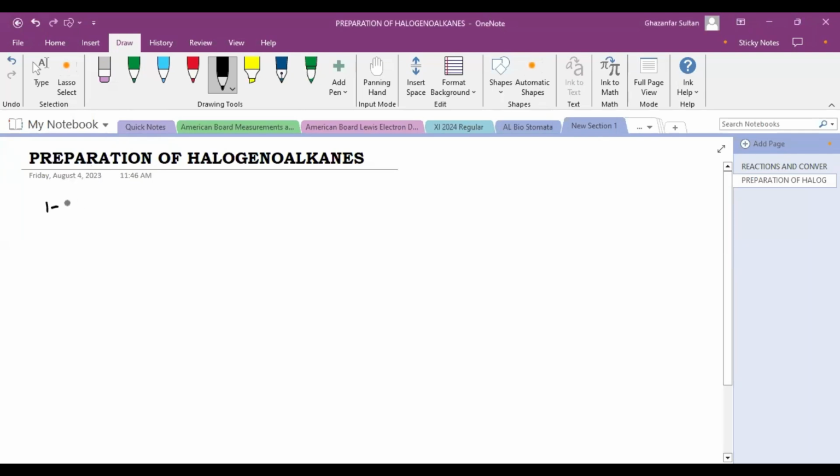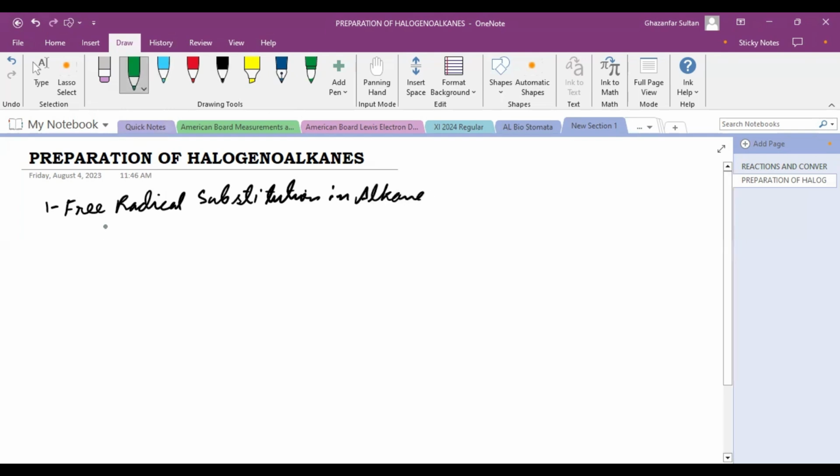Halogenoalkanes can be prepared by a number of methods, and one of the methods is free radical substitution in alkanes. Here you can see that an alkane, for example, methane, can be converted into methyl chloride in presence of UV light,